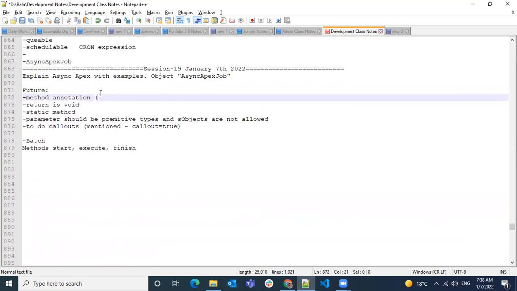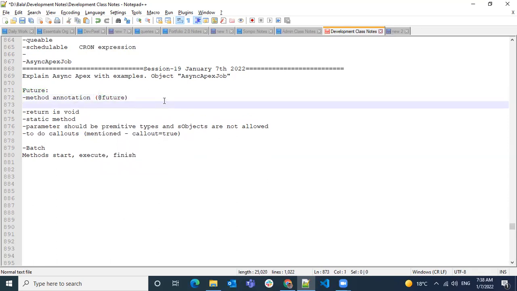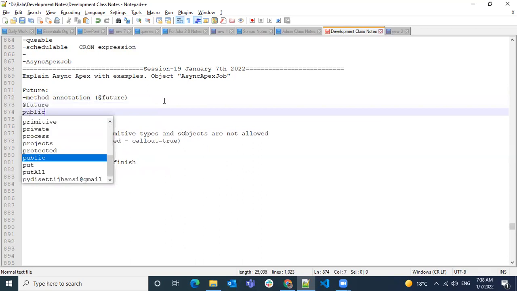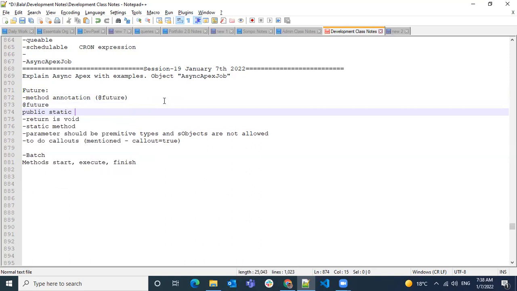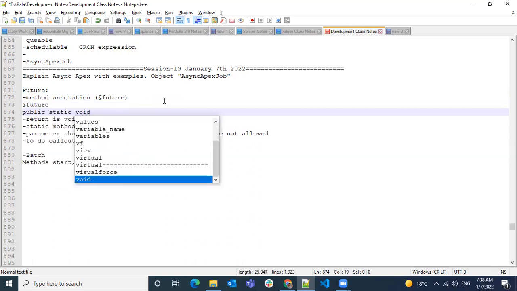When we say annotation, before writing a method we give an @ symbol and then the keyword we use for the annotation, which for future is future. The basic syntax starts with @future, then a normal method, and it has to be a static method, and the return type has to be